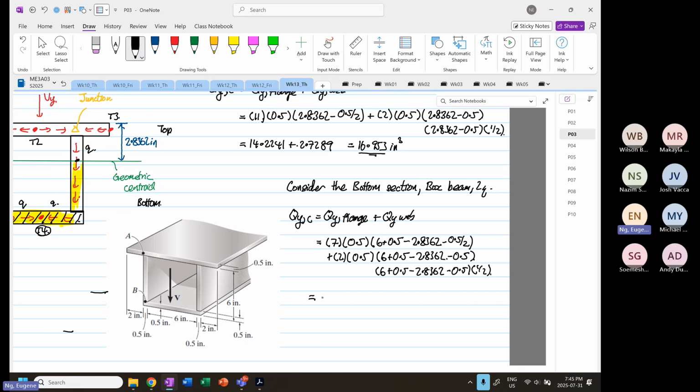So I have 11.9483. And then plus 6 plus 0.5 minus 2.8362 minus 0.5, squared, times 0.5, times 0.5, times 2, which is equal to 5.00005. Okay, so I have 11.9